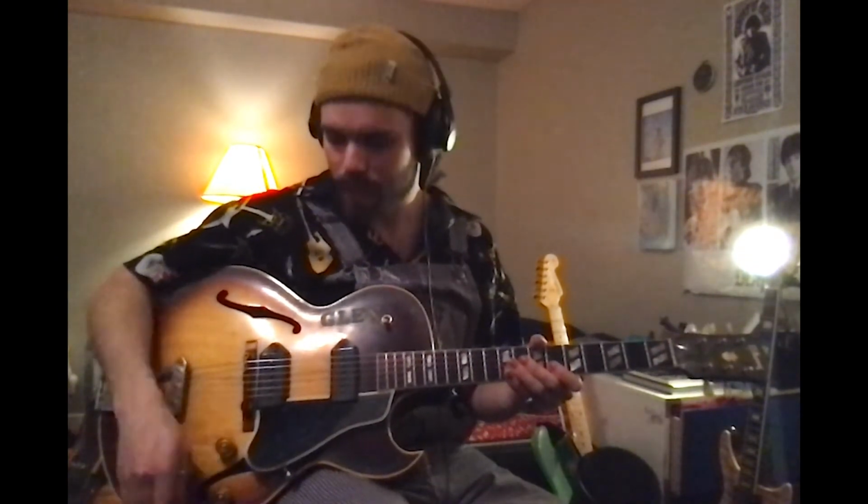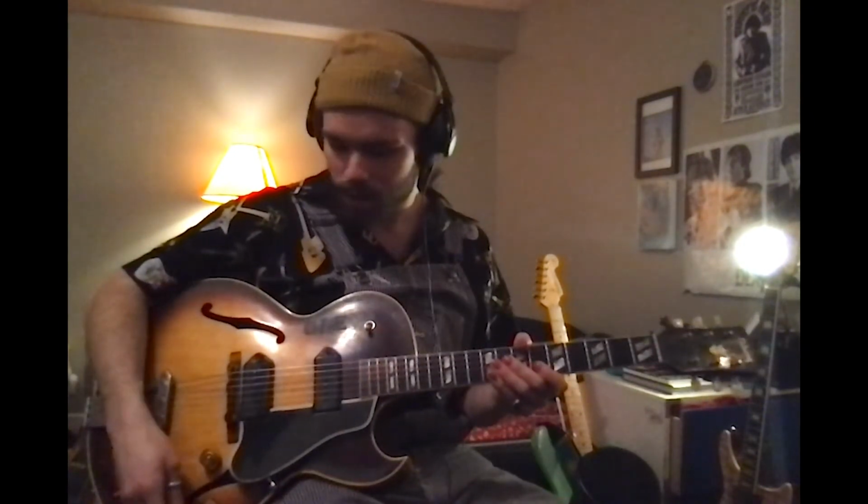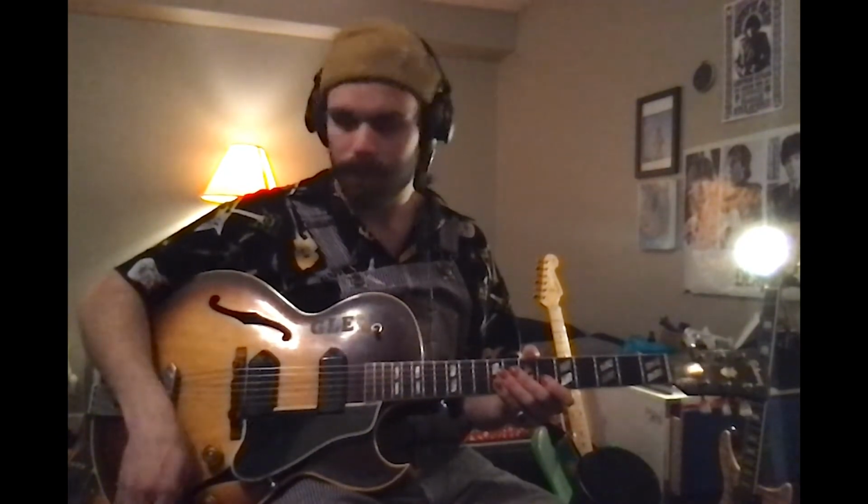Whoops, wrong knob. So you can hear what it does there. And the cool thing about these knobs is it can help you to craft your jazz sound. And as you can hear, this bridge pickup is not generally the pickup that you would use in these circumstances because it's pretty harsh and bright. It's kind of a country sound almost,